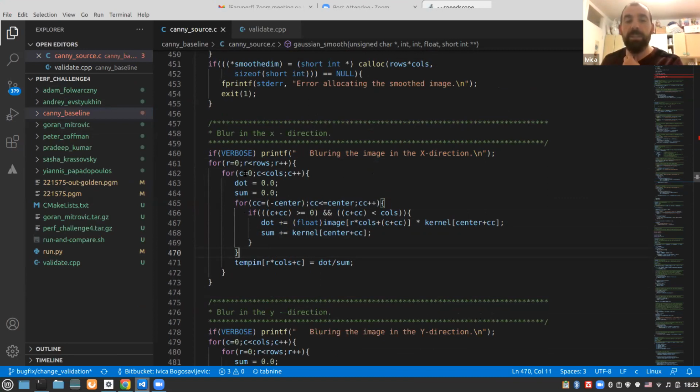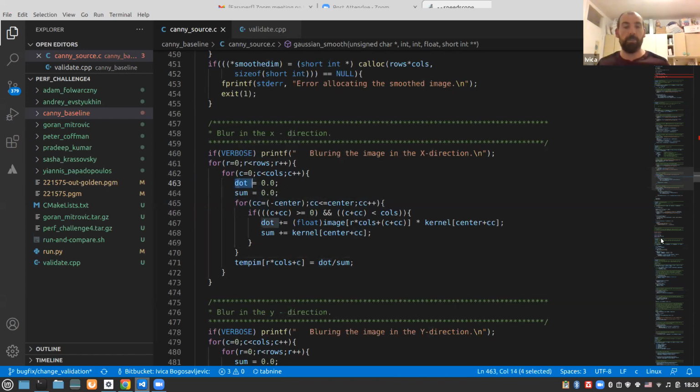What you did, you have R and you have C, two loops, so you can interchange them freely, but you cannot interchange the loop over CC and the loop over C. And that's what you actually want to do. You want to have this as an innermost loop because it has a high trip count, so it will run faster. So you said, aha, okay, but I can do the interchange like this. Instead of having this as a single variable,